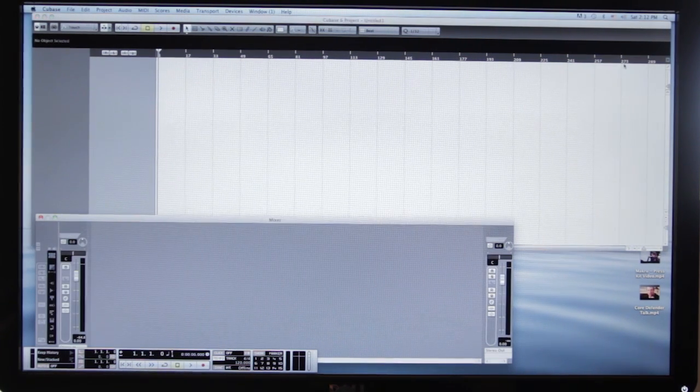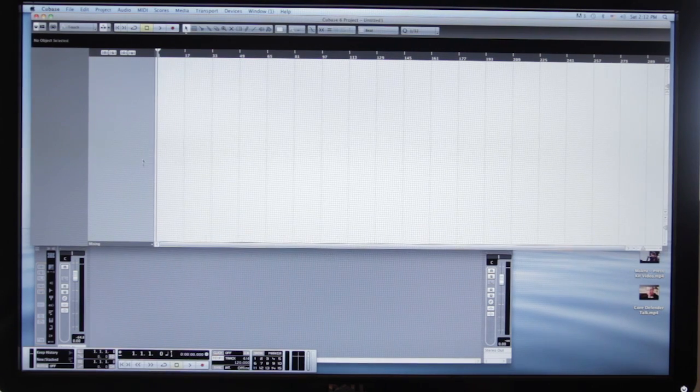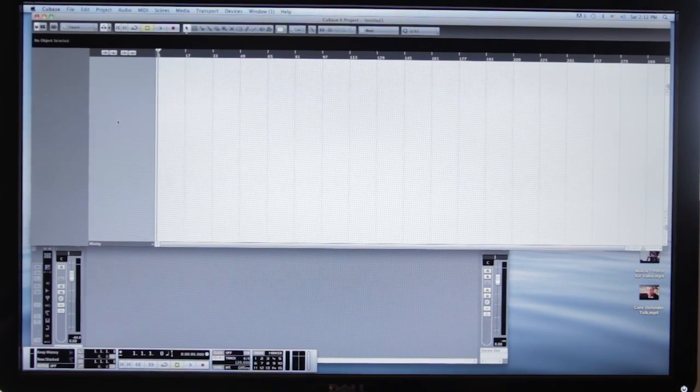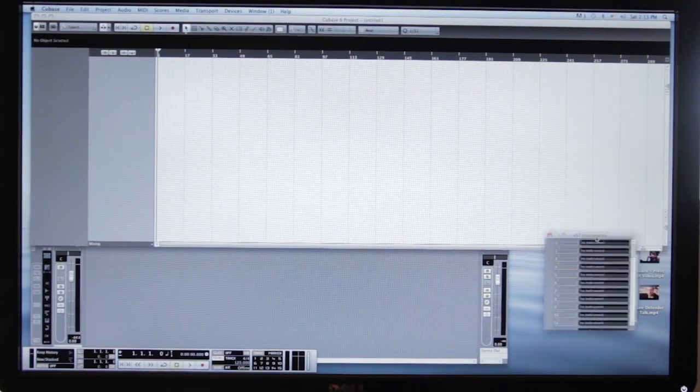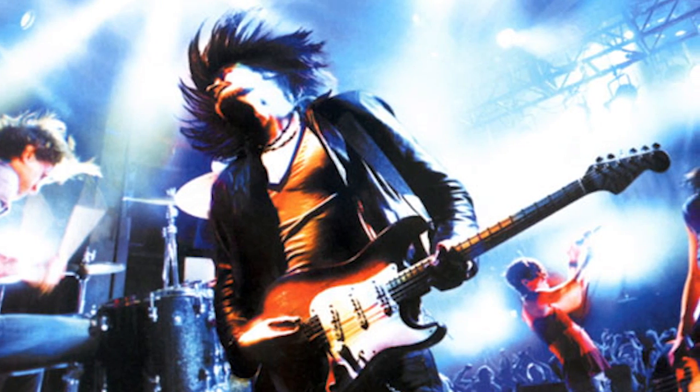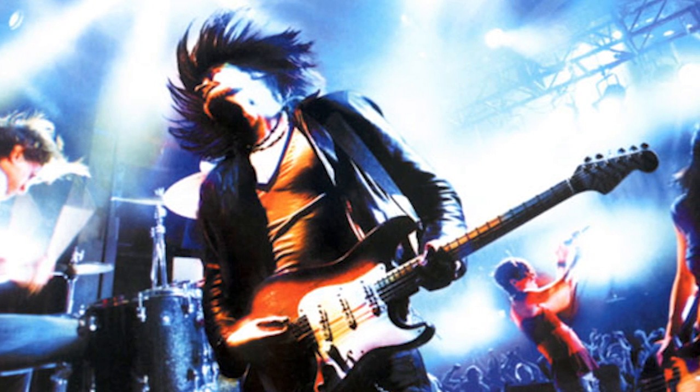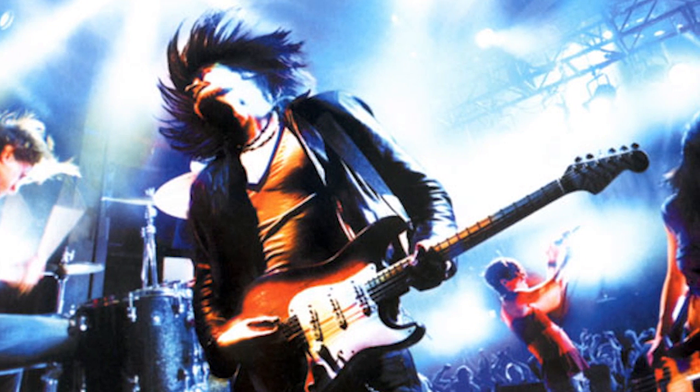So when you open a brand new project here, you're basically going to start from scratch. This is the area where you're actually going to be putting most of your individual music tracks. Now, if I click one of the hotkeys on my machine here, I can bring up these VST instruments. What are these VST instruments? They are kind of like that guitar, bass, vocals, and drums that you would see in a 4-piece band.